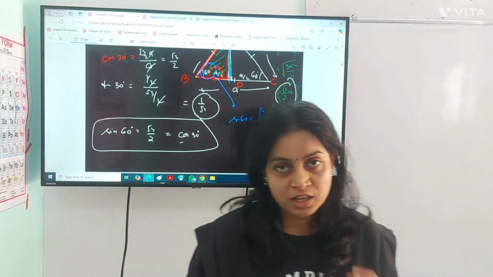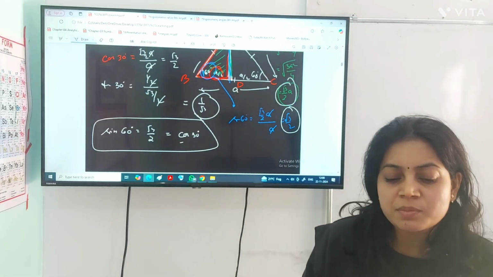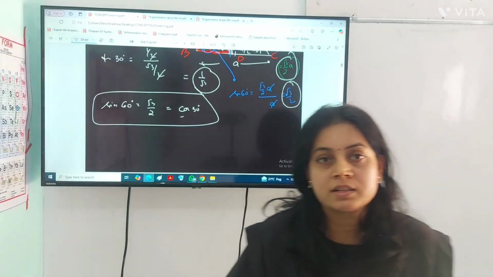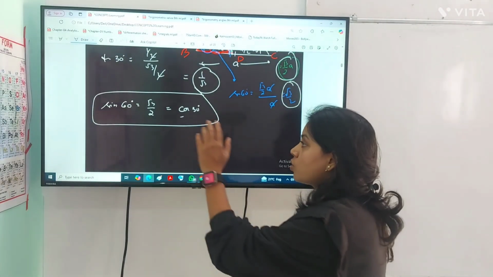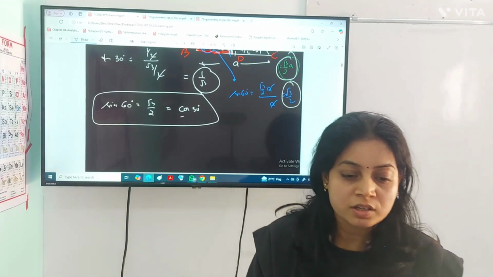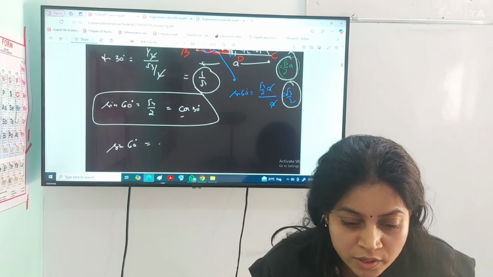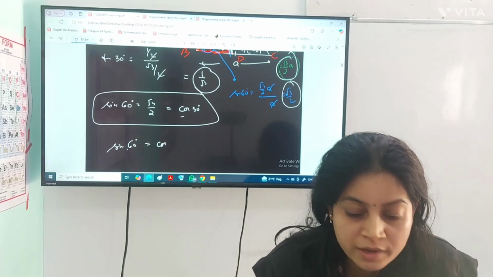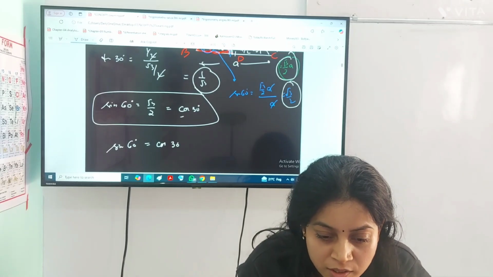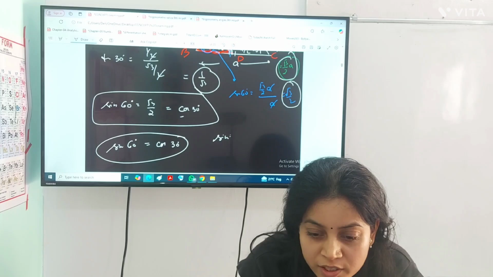यहाँ से हम देख सकते हैं कि sin and cos are complementary angles. That was my third topic. So sin and cos are complementary angles. What's the meaning of complementary? Complementary means the sum of the angles is 90 degree. 60 plus 30 will be 90 degree. So if I am writing sin 60, then sin को करेंगे cos, and 90 से minus, तो 90 minus 60 will be 30. Then definitely they will be equal.